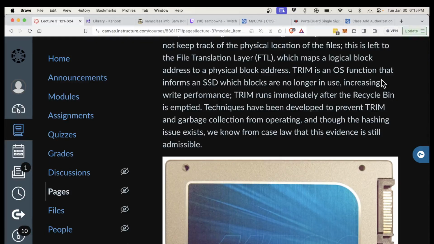The hard drive does not know the NTFS format, does not know any of this. It just knows what sector has data in. The hard drive is stupid. It just reads and writes sectors. But SSDs are smart. They do know what a file is, and they do know when a file is deleted